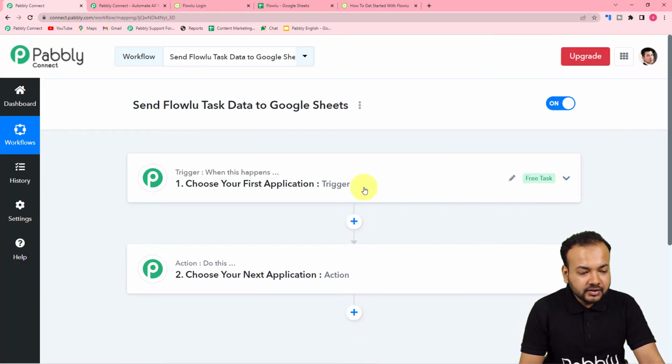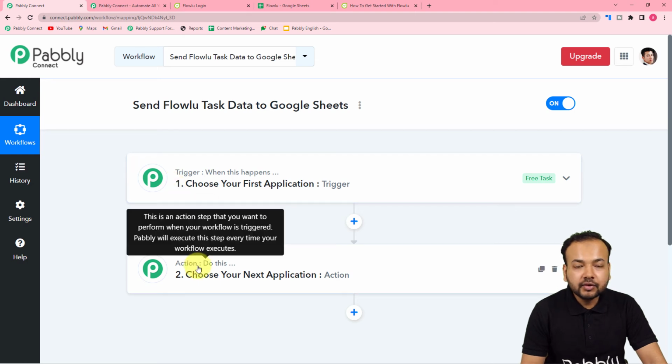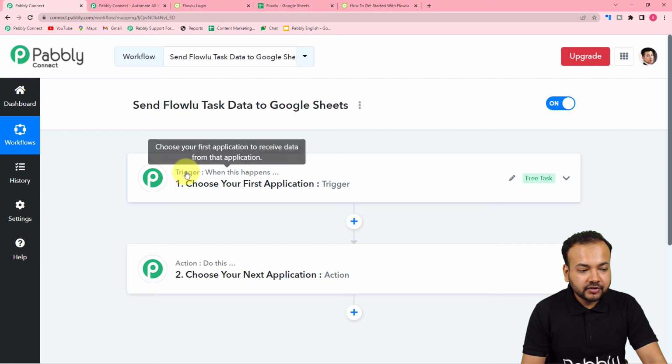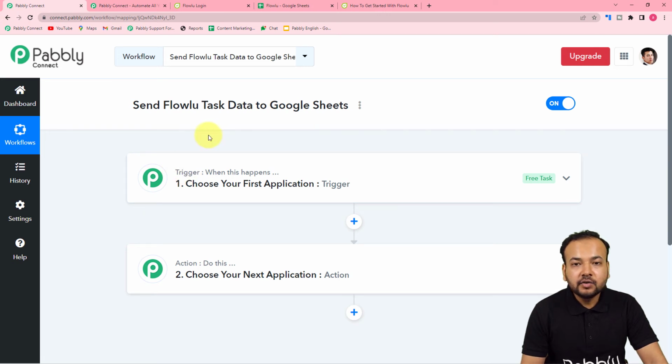And on this page, you will see the trigger and the action. So guys, automations work on these two things. So the trigger here is the happening of an event which is going to trigger or start this workflow, and the action would be the response towards the trigger. As in this use case, the trigger would be adding of a new task in Flowlu application, and the action towards that trigger would be to add the details of the task inside the spreadsheet, which is Google Sheets here. Okay,